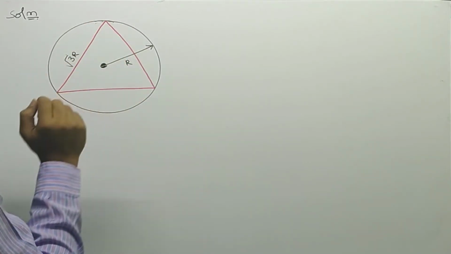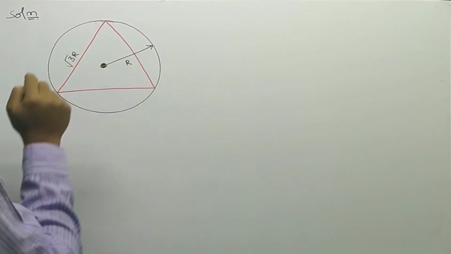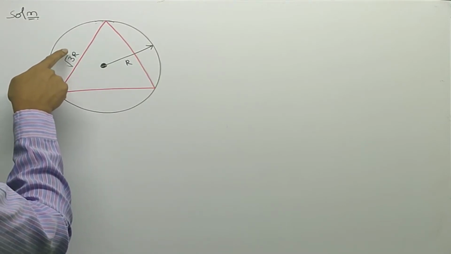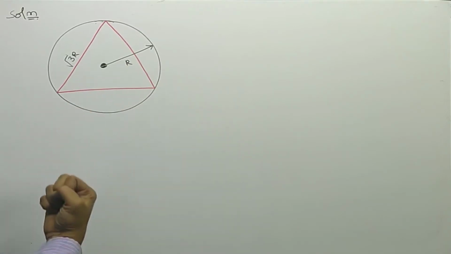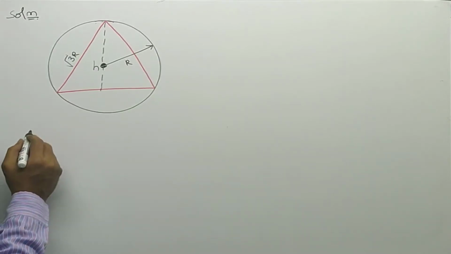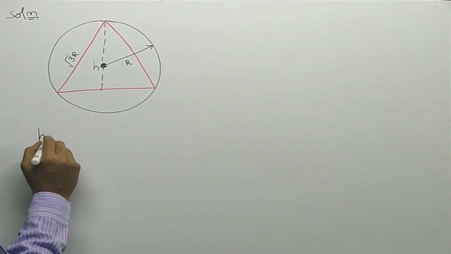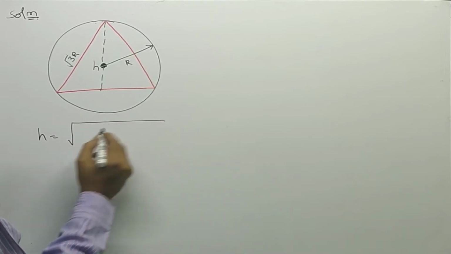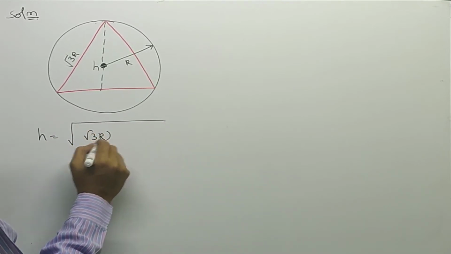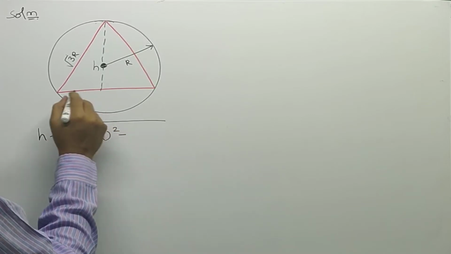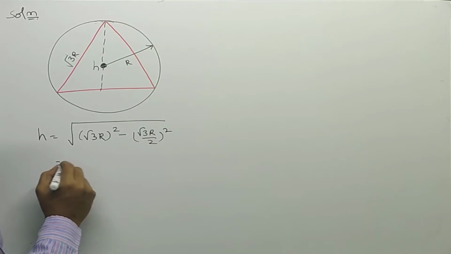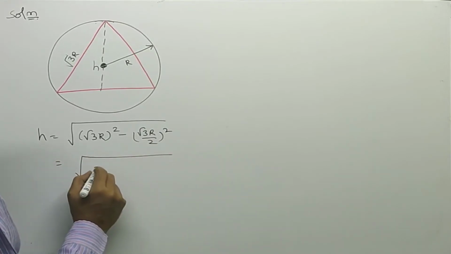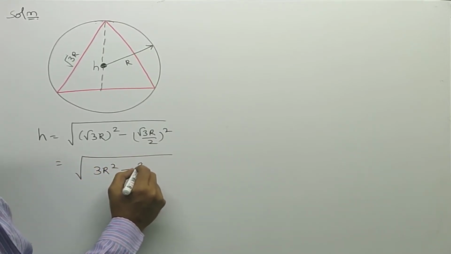From a circular plate, an equilateral triangle of each side root 3 into capital R, where capital R is the radius of the circle, is removed. What happens to the position of the center of mass? Here, the height of an equilateral triangle h can be written as the square root of (root 3 r) whole square minus (root 3 r by 2) whole square, that is equal to the square root of 3 r square minus